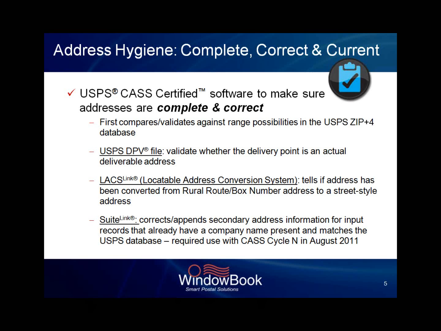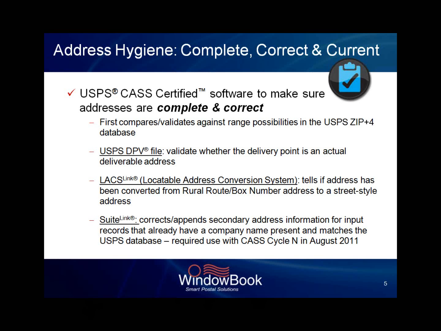The next thing it's going to do is compare things against the LACSLink database. That's to see if the address has been converted, typically from a rural route box number address to a street style address. And just brief history there. Back in the early 1980s, there were a lot of local governments and municipalities around the country that were trying to set up